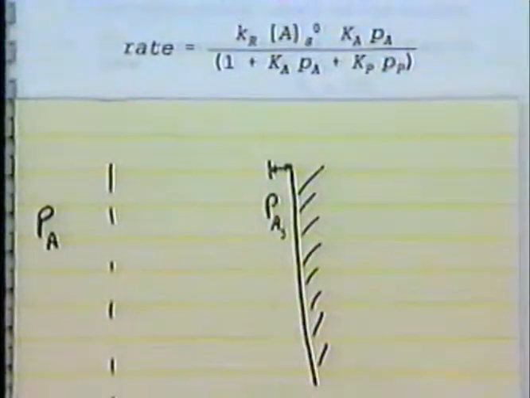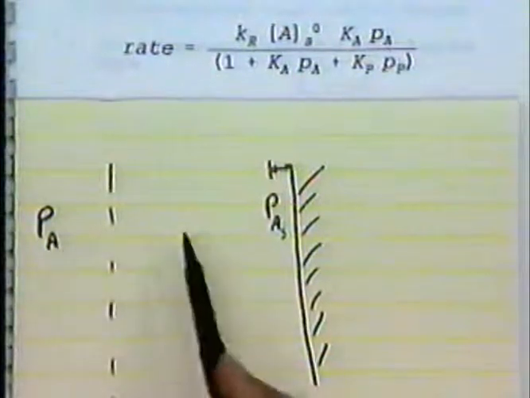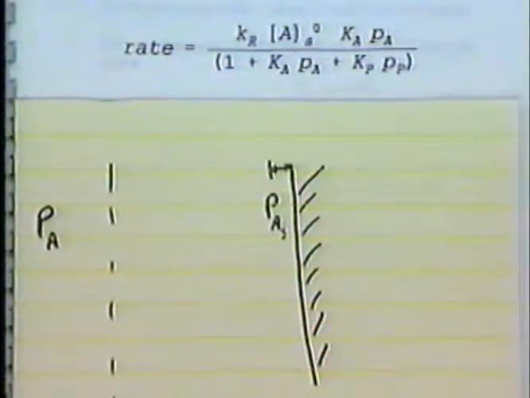This will be in equilibrium with the surface, not this one, if we have mass transfer